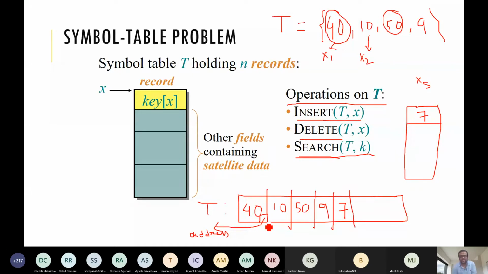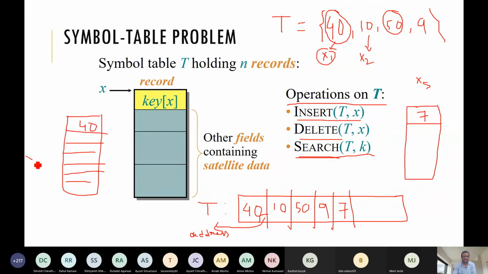We need to get the actual student, so we need to get this x1. X1 contains all the fields. The key field is 40 and all other fields are there: the name, roll number, address, CGPA, all these fields.